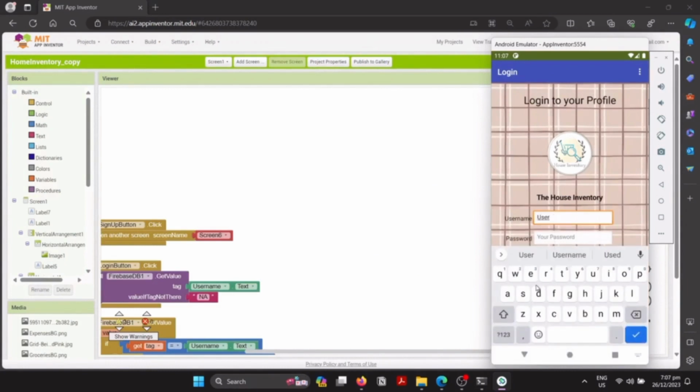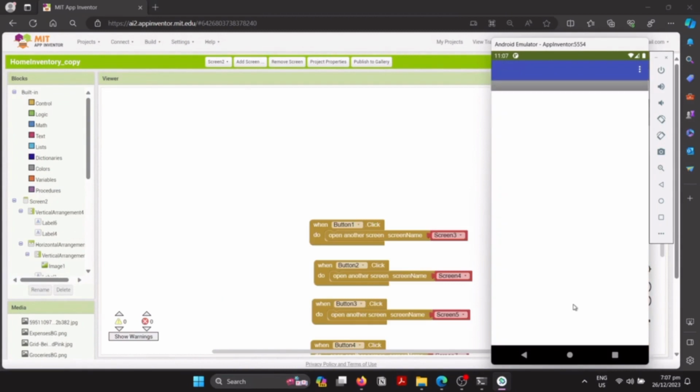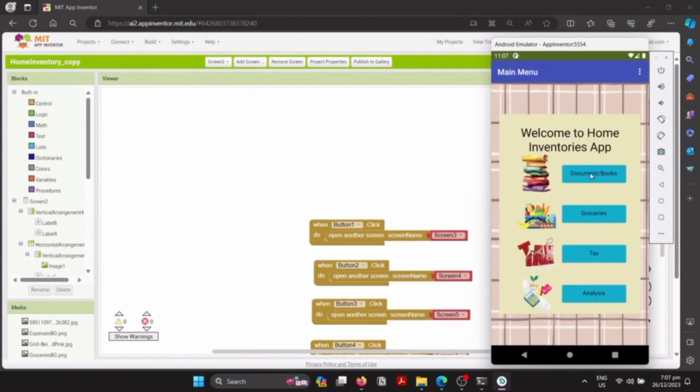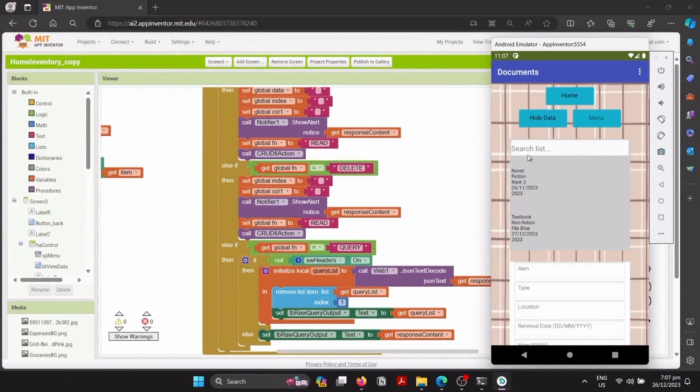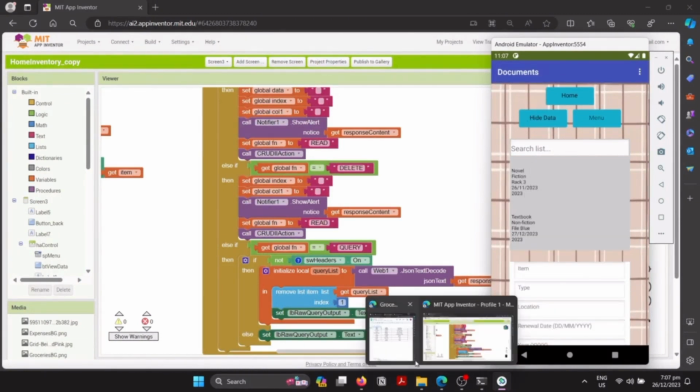For the second step, after we have signed up, we insert our username and password as on page 1, and then we click login. After that, it will turn into the main menu. In this main menu, we choose documents, which for the first time has home, view data, and menu. When we click view data, it will show the list that we already saved in our MIT app, and